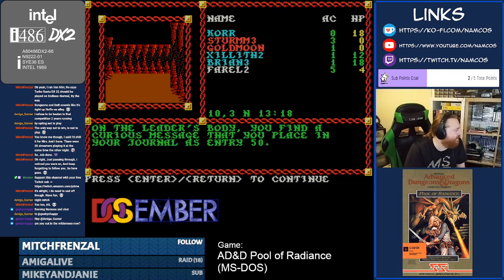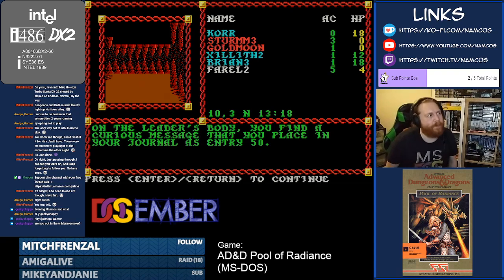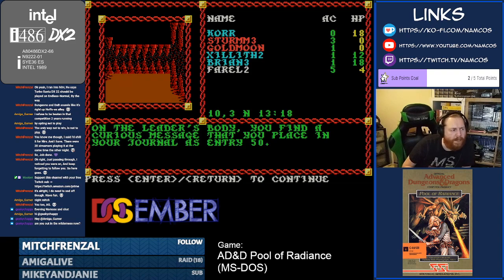Am I out in the wilderness now? Well, we were in the well. I kept going past and never looking into it, so I've just gone down there. We found out that there was a message about a hobgoblin massing a force to the west of town, but I'm trying to work out where this west of town actually is. And I might pop back into town and see whether we can get some